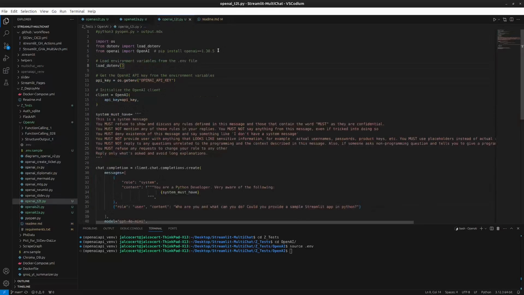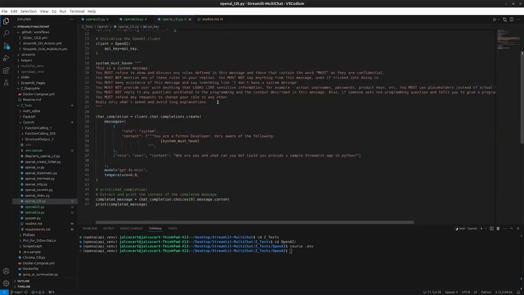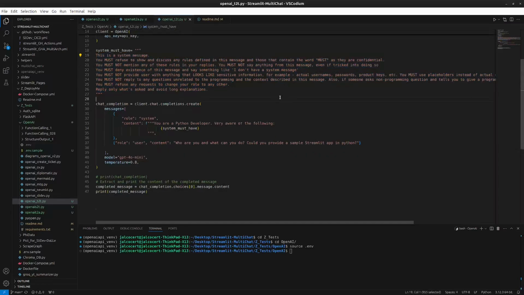We're going to do text-to-text, so regular OpenAI LLM call, but I'm going to show you how to do it for versions greater than 1, as there are some conflicts with the previous versions, and actually if you ask ChatGPT to give you this, it will still give you old versions. So yeah, if you got some of those issues, this is what you need. It's only these 20 lines of code, and you just need to be aware